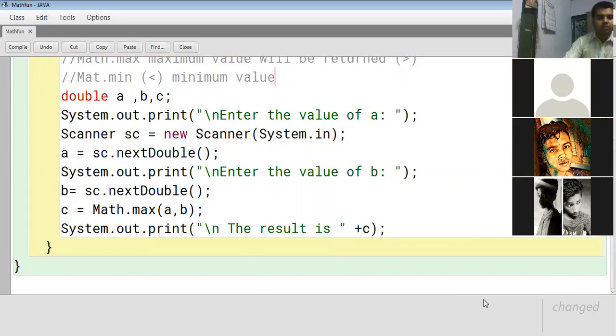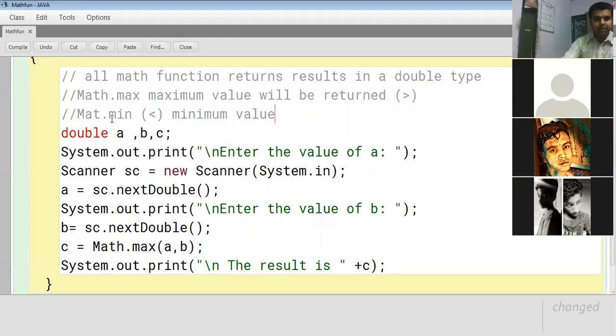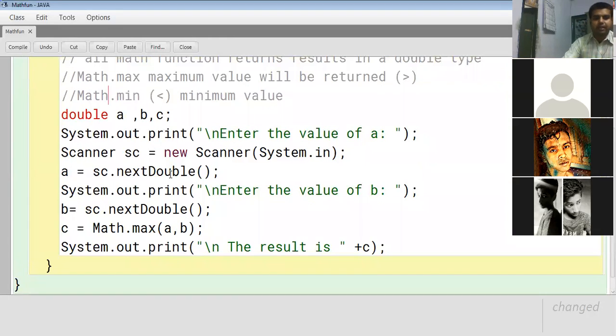The return type, that is the result obtained from the minimum function, is also double type. Basically all the mathematical functions have the return type in the form of double data type.